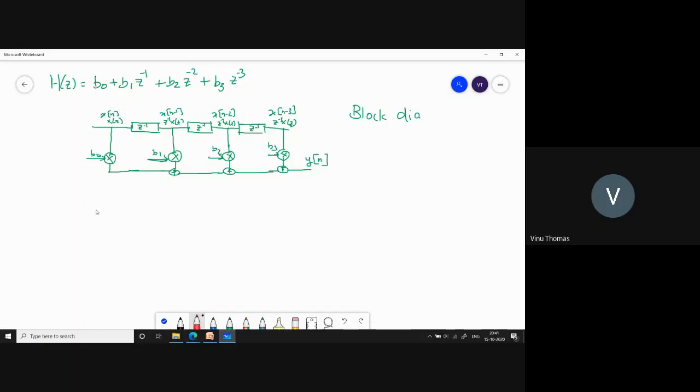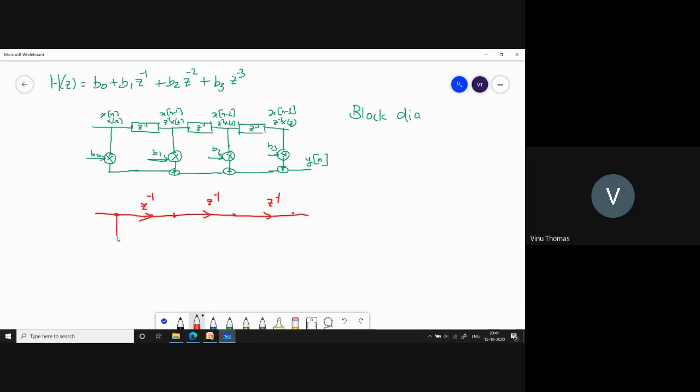Here it can be simplified and represented like this. It's much easier. So instead of all these, we'll draw a line here. Instead of drawing a block diagram, I'll just write this as z raised to minus 1, which indicates that there is a delay element here. Again I have a z raised to minus 1, and this is again a z raised to minus 1. So I have 3 delay elements.